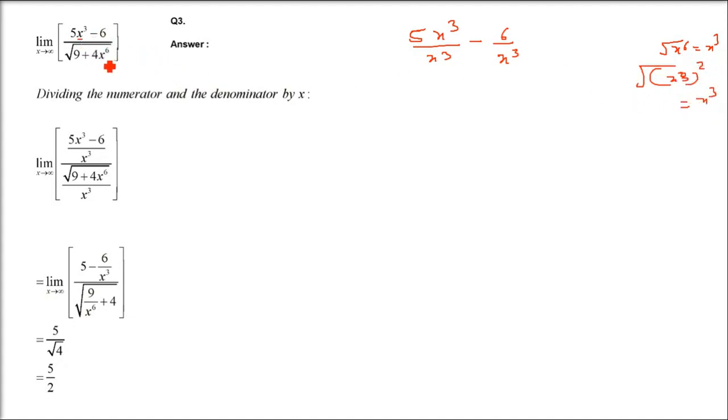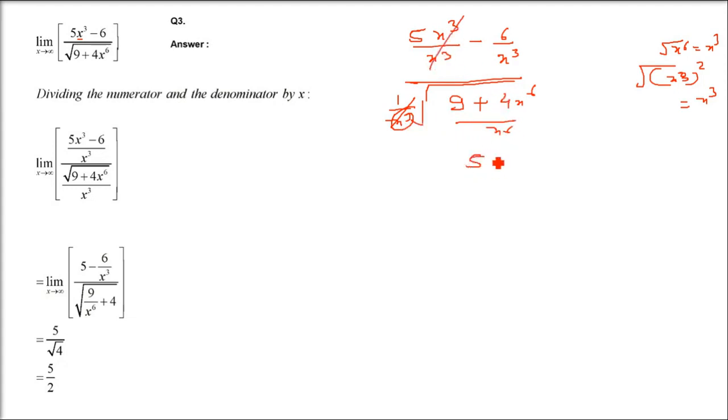Okay. So in this expression, whenever you have a power, you have to take half of that power and divide. So 9 plus 4x power 6, you have to divide it by x cube. But when you push it inside under root, you have to divide it by inside root. You have to use x to the power 6. 1 by x cube, push it inside, it will be x to the power 6. Okay, because x to the power 6 under root is x cube, and eventually you are dividing by x cube only. Okay, x cube only.